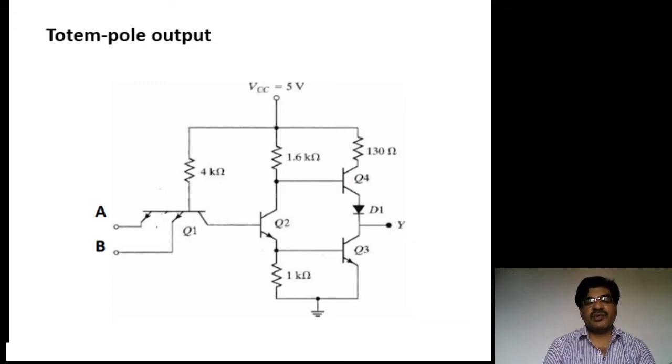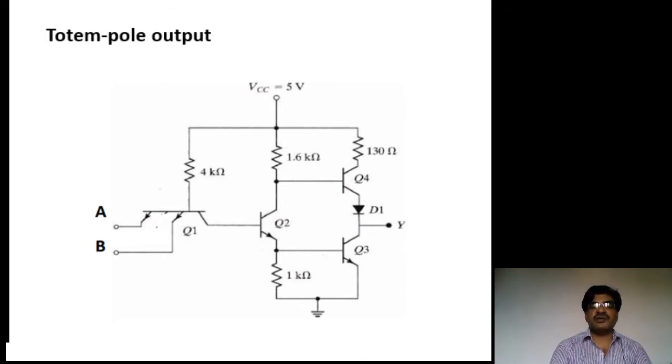But there the problem is, since we are connecting a passive external pull-up resistor, in order to get proper pull-up action, an external resistor is a must. That resistor acts as a passive pull-up load. Because of that passive load, it consumes more power. Now to decrease that power, it is better to use an active load instead of the passive load.